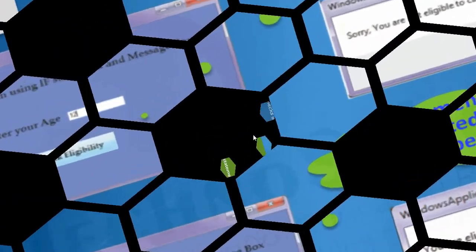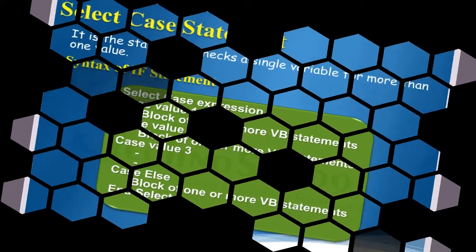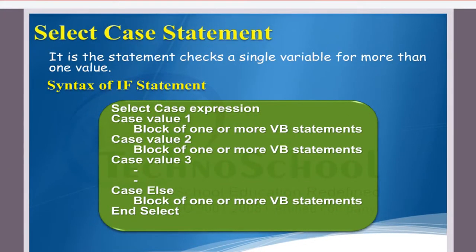Today we are going to see a new concept called the select case statement. It's very simple. The select case statement is another useful statement which checks a single variable for more than one value. So this is the syntax. We can see here the select case expression.